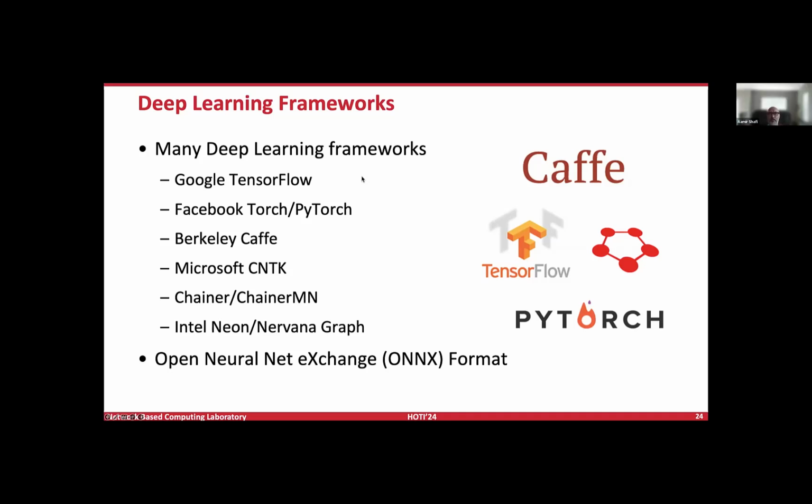Some of the deep learning frameworks out there include Google TensorFlow, for example, and Meta's PyTorch. There have been some historical ones as well, but today I think it's safe to assume that PyTorch and TensorFlow, which has evolved into a new framework called JAX, are the main ones. Again, that's also coming out of Google. These few are really popular frameworks out there that you would typically use to train your models.